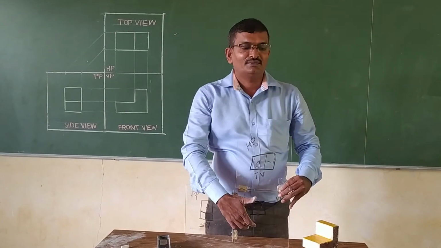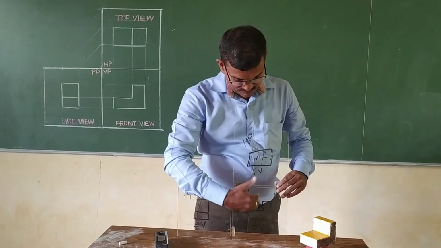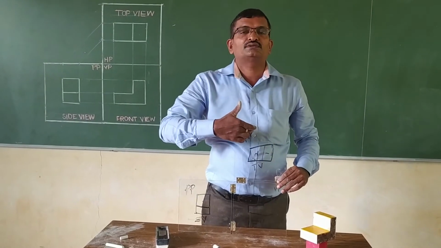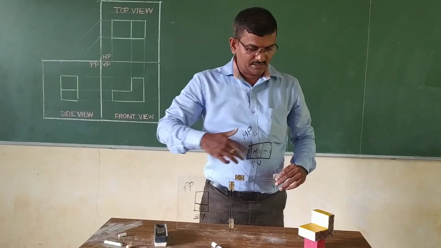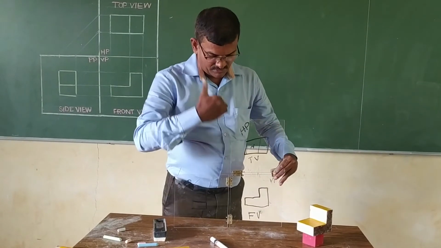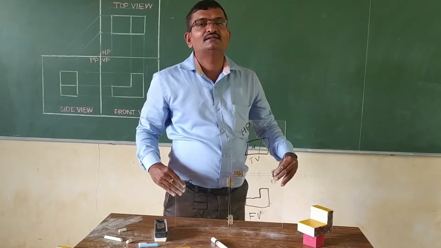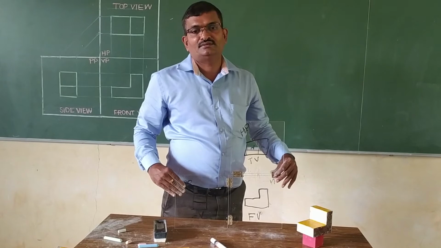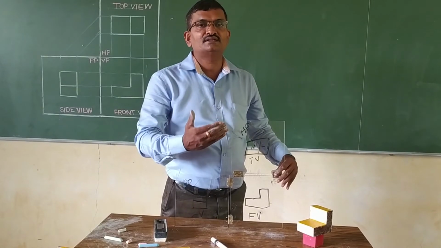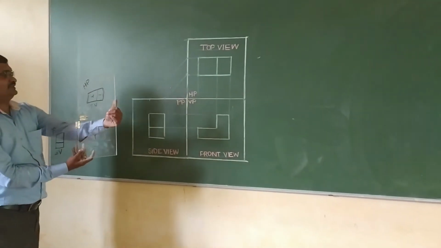So it is the front view. When you observe from the front, on your right hand side, here also it is formed on the right hand side below the XY. Above the front view, the top view is formed, HP, top view here. And the side view is observed on your left hand side. Here, this is the vertical axis, and in the vertical axis it is on the left hand side. So the view is formed in the same direction in which you observe. See on the board like this.